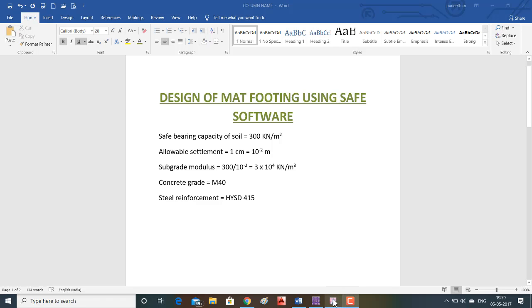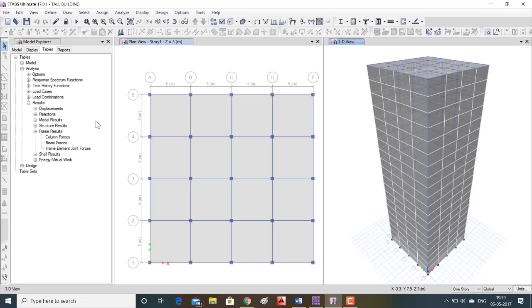Now let me open the tab. This is an already designed building, which is a 20-story building. For this I am taking the dead load and live load for the foundation